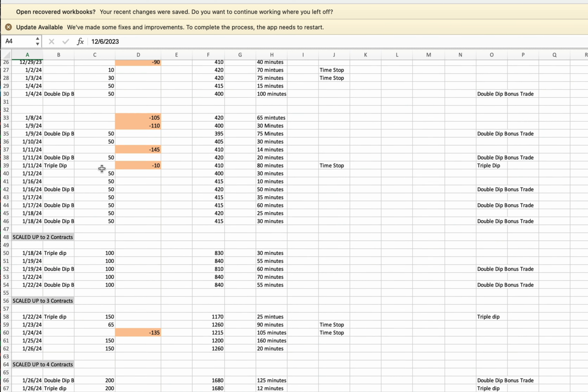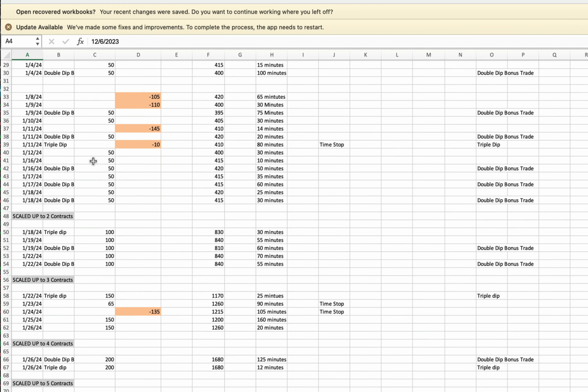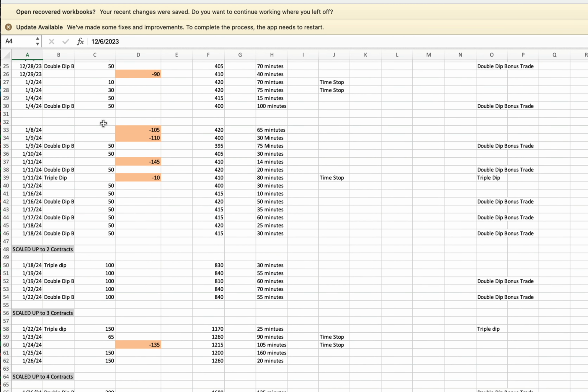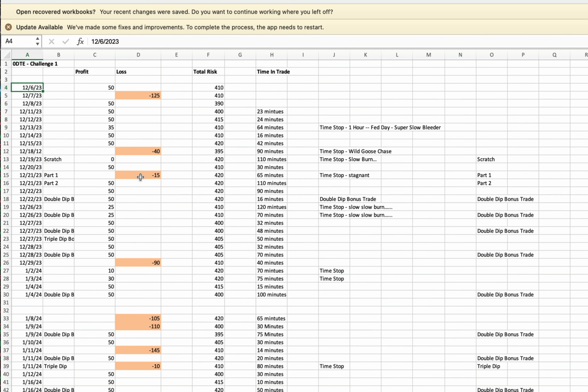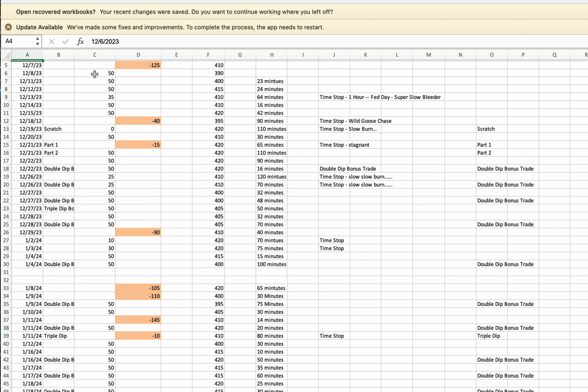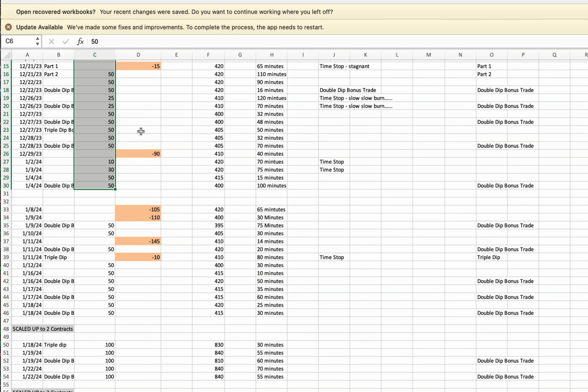So at the end of the month, it wound up way better than I expected. And let's go to, so here's after the first month. I haven't counted how many trades these are, but you can see there's a couple losses, and there's smaller losses. But for the majority of it, they were short trades, an hour or less, and the overwhelming majority of them were winners. And so I thought, hey, okay, this is better than I expected.